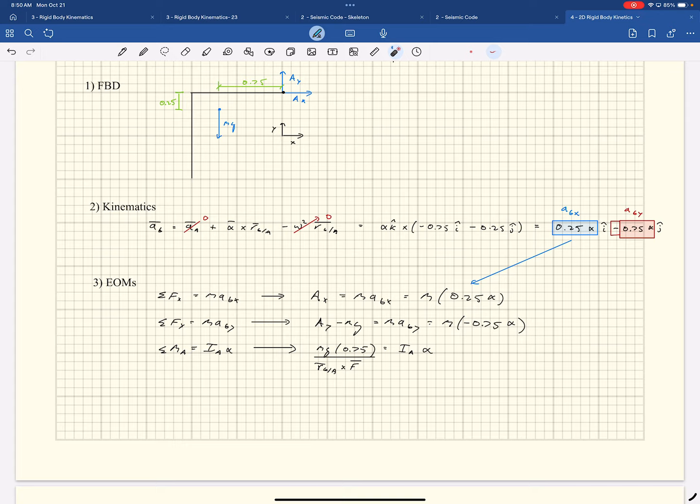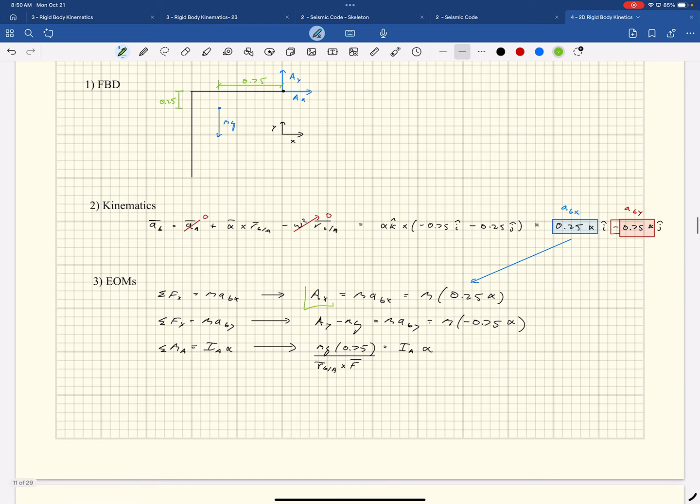So we have 3 equations and 3 unknowns. Just to identify the unknowns, right? I do not know what this reaction is. That's what I'm after, right? I do not know what A_Y is, that's what I'm after. And I don't know what alpha is. And so there's my 3 equations and 3 unknowns. And you solve this thing for those unknowns. In this case, it's pretty easy. You solve for alpha, you take the alpha and you put it in the other 2 equations, and then out